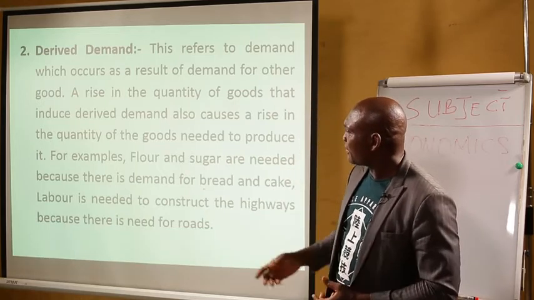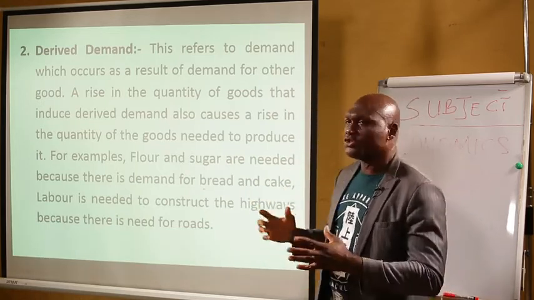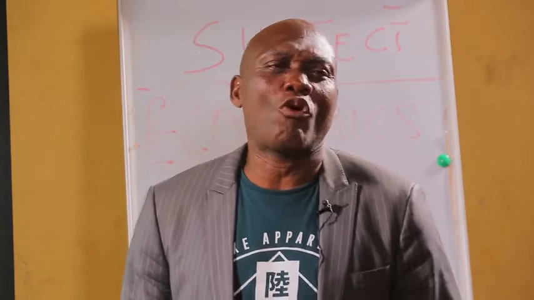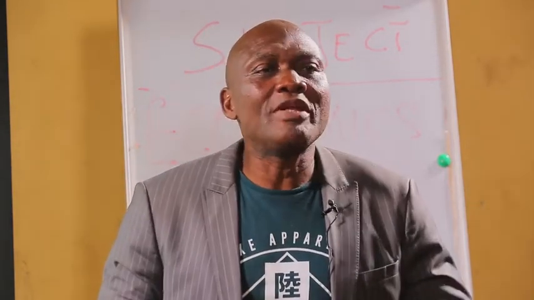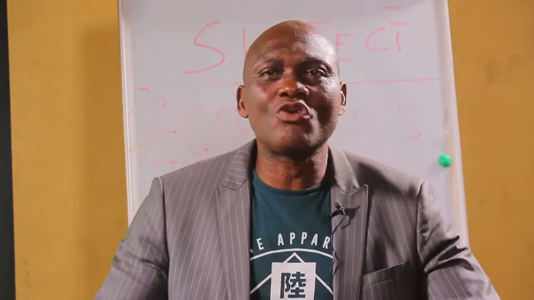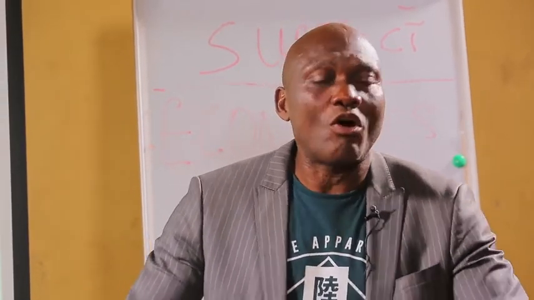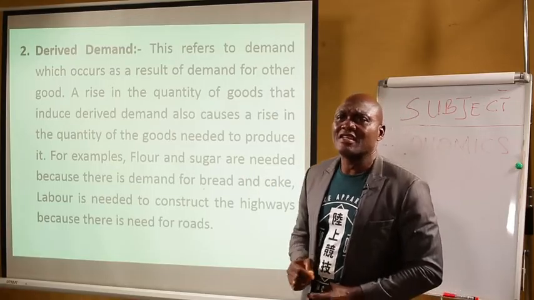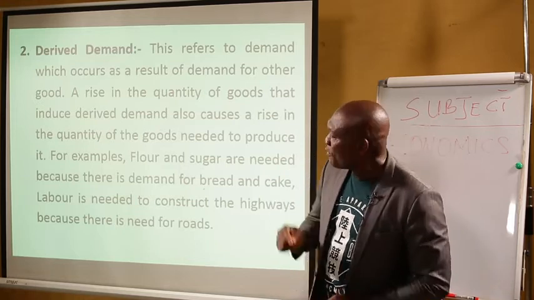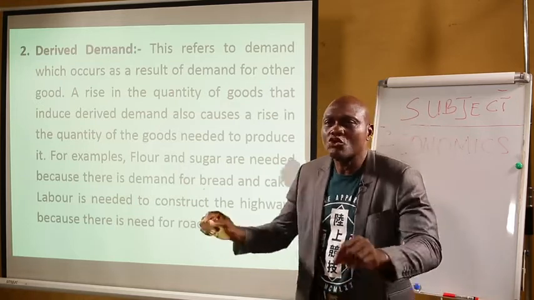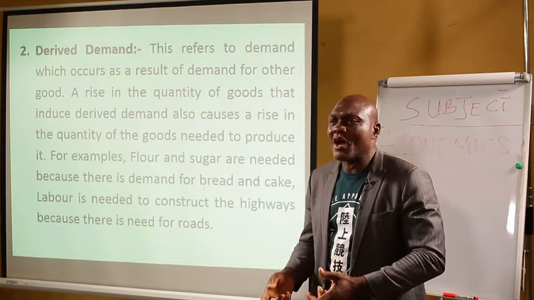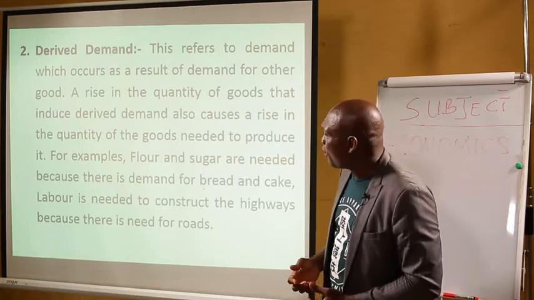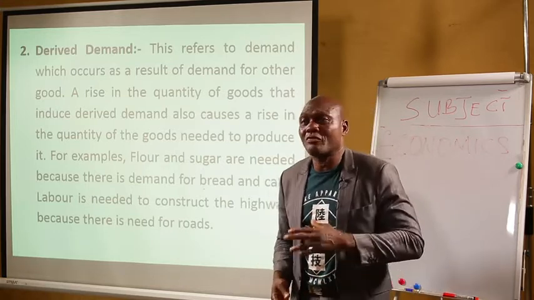Now let us bring it down again. When we look at flour and sugar, during Christmas and Salah, there used to be high demand for sugar and flour. Why? Because families want to make cake, they want to make chin-chin. There is no family you enter at that time that will not give you chin-chin or cake. Some will even make bread. So when the demand for flour increases, there must be an increase in demand for sugar. Why? Because the two of them are used together. You cannot go and buy flour to make your chin-chin without sugar. No. Your chin-chin may not have a taste, or your cake may not have a taste.